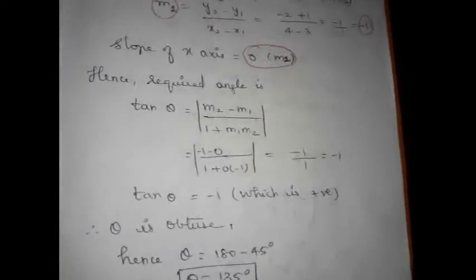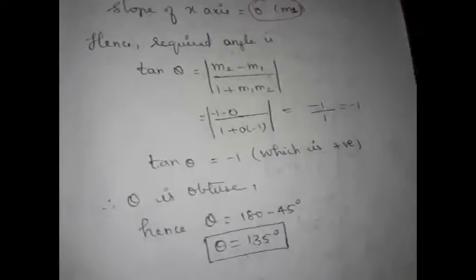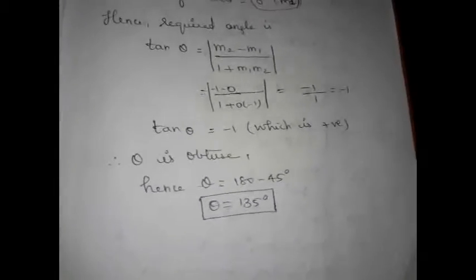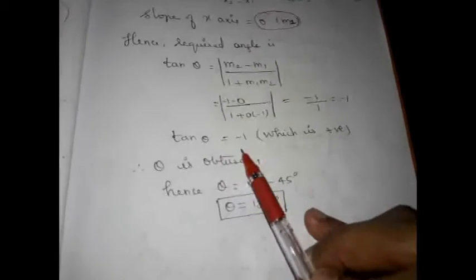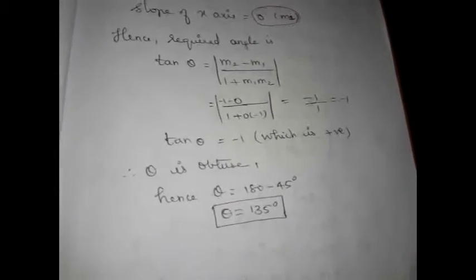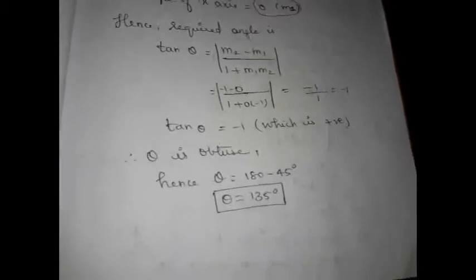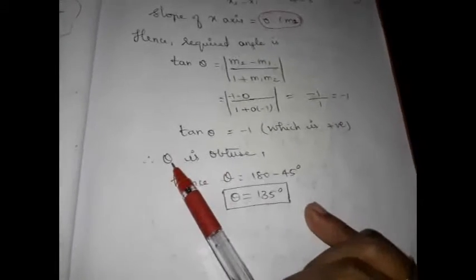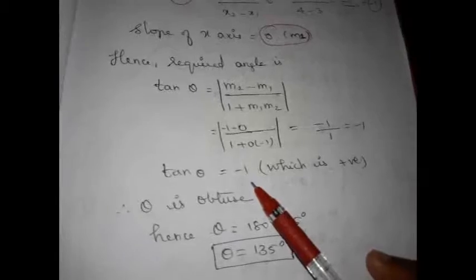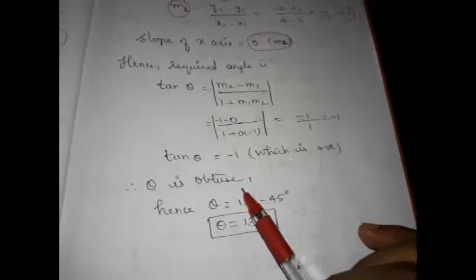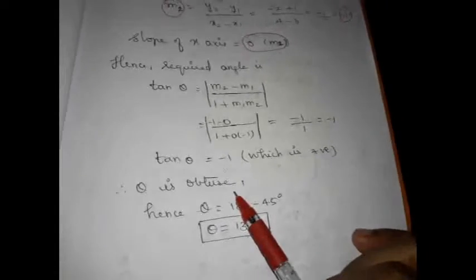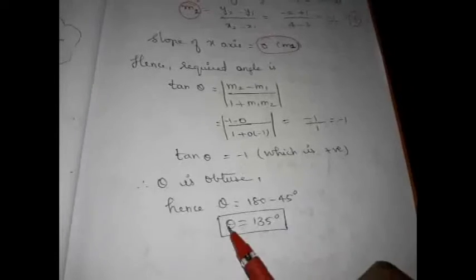If it is negative, I told you the angle theta is an obtuse angle. How will you obtain your obtuse angle? 180 minus the value. So tan theta is minus 1. The tan ratio becomes 1 for angle 45 degree. So theta is 45 degree now, right? Theta is 45 degree here. But since it is negative, theta is going to be obtuse. How will you find your obtuse angle? Obtuse angle is 180 minus 45. So theta is 135 degree.